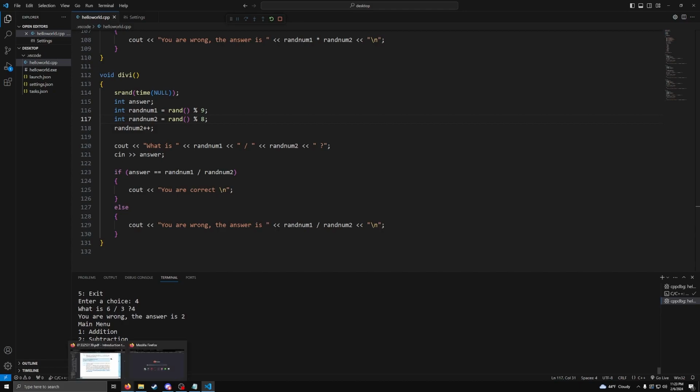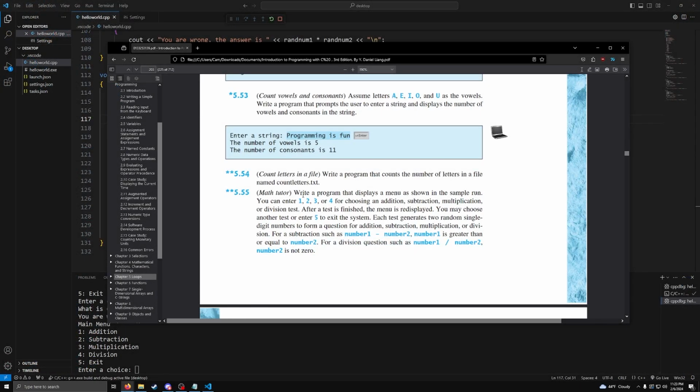So I think we covered all of our bases, right? We have a program that displays the menu shown in the sample run. We can enter 1, 2, 3, or 4 for choosing addition, subtraction, multiplication or division. After the test is finished, the menu is redisplayed. We can choose 5 to exit the system. Each test generates 2 random single-digit numbers to form a question for addition, and these 2 we already did. So yeah,